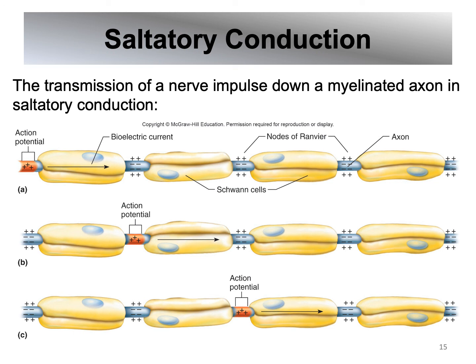To understand saltatory conduction, again, just see the node of Ranvier between the Schwann cells represented here. Remember, Schwann cells are found only in the peripheral nervous system. The similar cell found in the central nervous system we call oligodendrocyte. They all have spaces, and those spaces we call the nodes of Ranvier. Transmission of a nerve impulse down a myelinated axon happens in this saltatory conduction way. So it's jumping, right? Jumping from one node of Ranvier to another. That's how the nerve impulse is propagated throughout